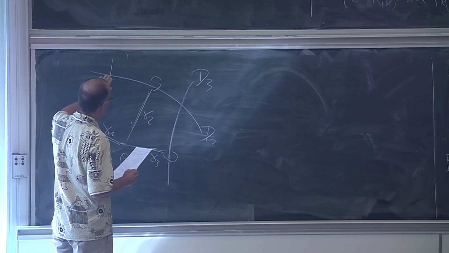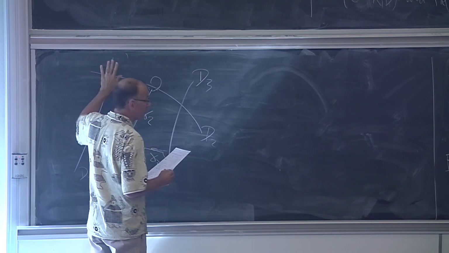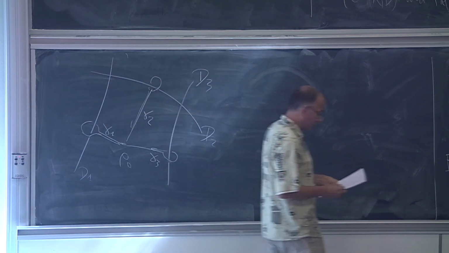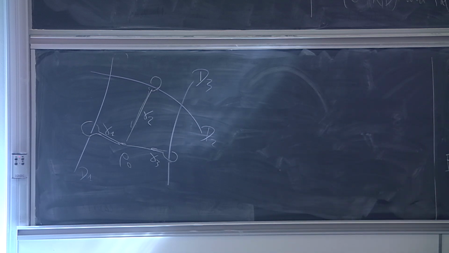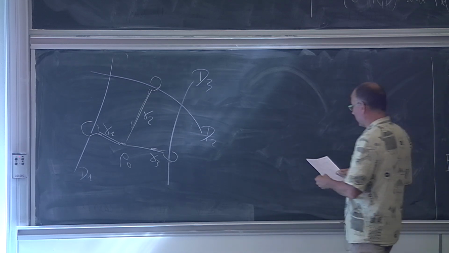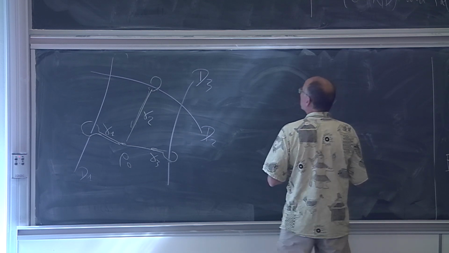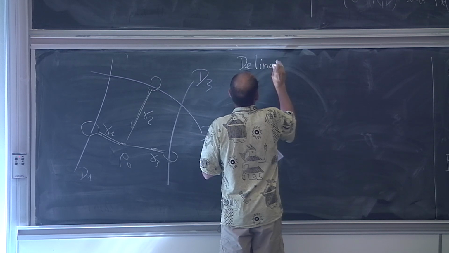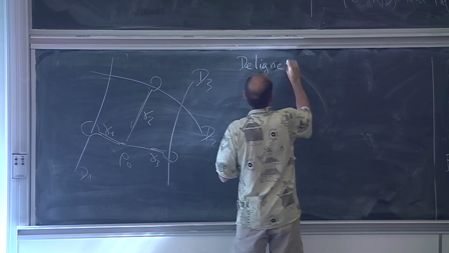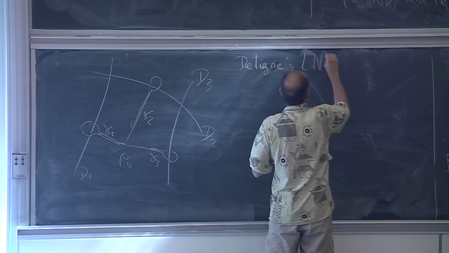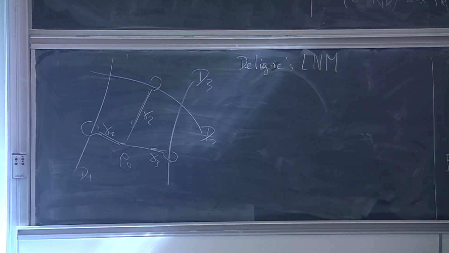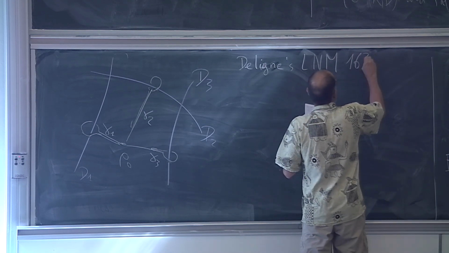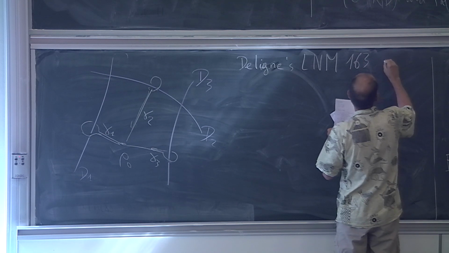And so I realize it by a model that I will choose for all the divisor D1. So I do not explain absolutely anything about what is happening at the normal crossing. But you can look at, I can give some references. So there is the Deligne lecture notes, which is number 163.